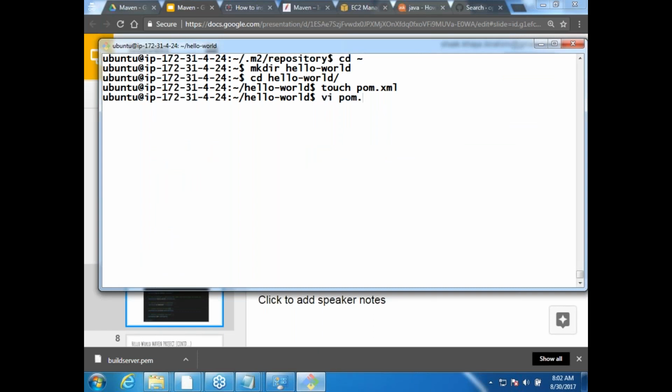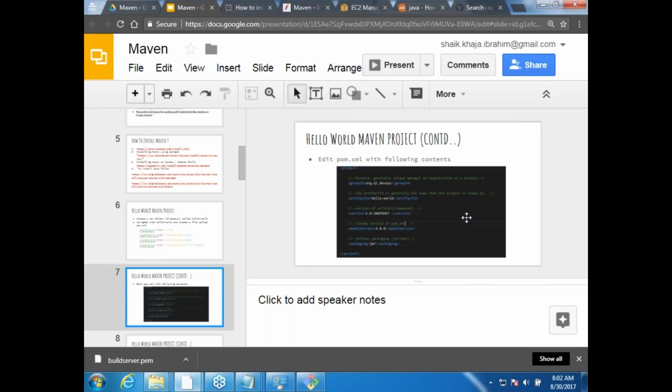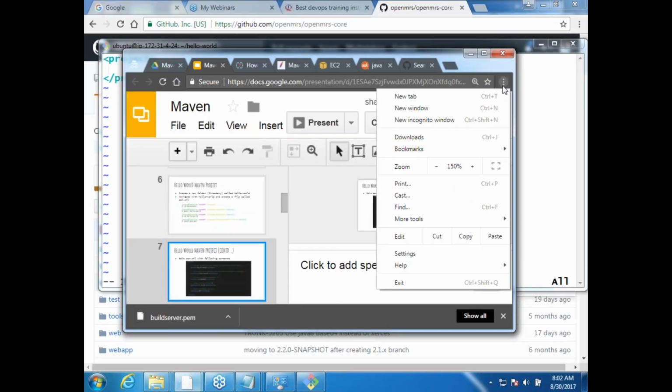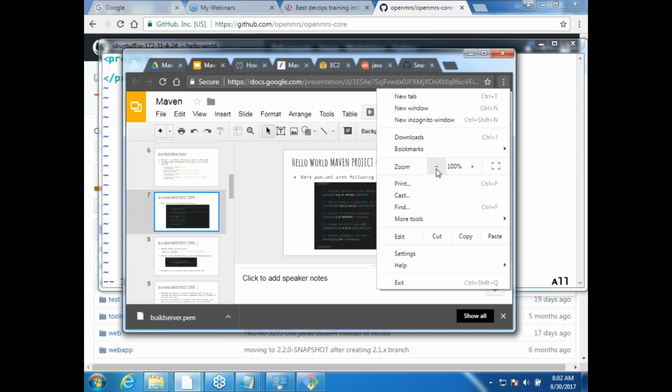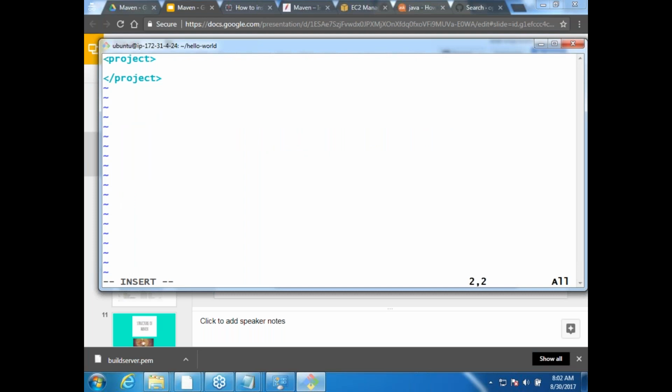vi pom.xml, and then project. Within this project, what are the other things you need to write? First thing is group ID.